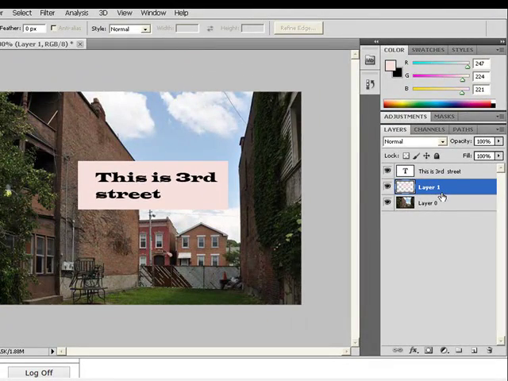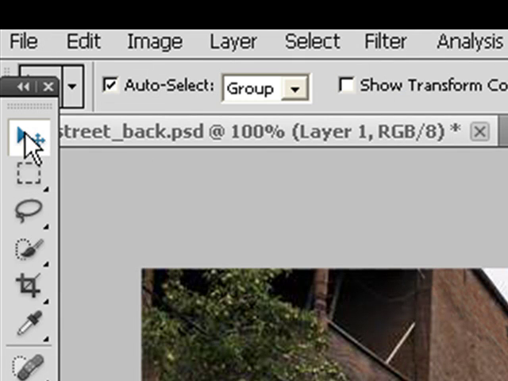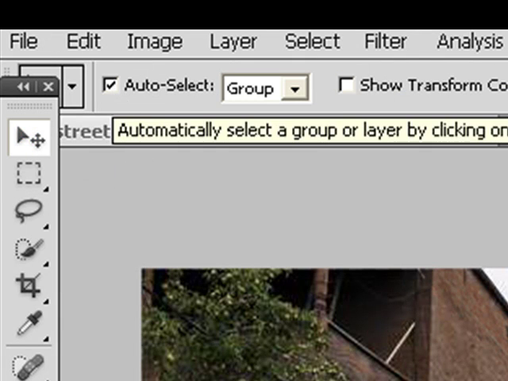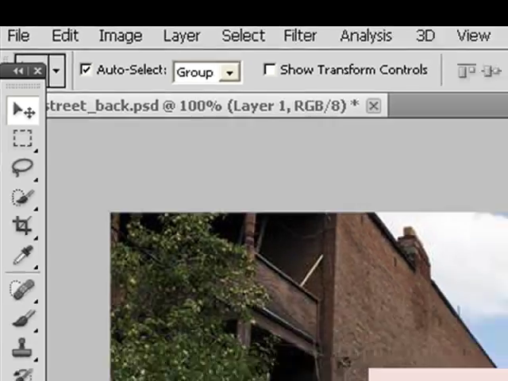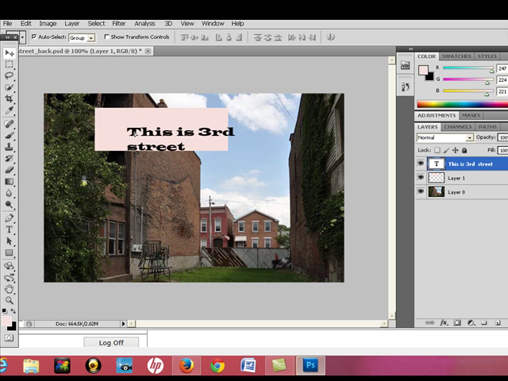If I want to move either of these elements, I'm going to take my move tool from up here. I have auto select on, which is very helpful. It chooses the layer for me, and I can move the object, come back and get this one, and with auto select on, if you notice the layers panel automatically chose the right layer for me. And I can put those two wherever I want, and then again I would go and save this as the name of the image, and I would just add the extension over to it. And this would be my second image that